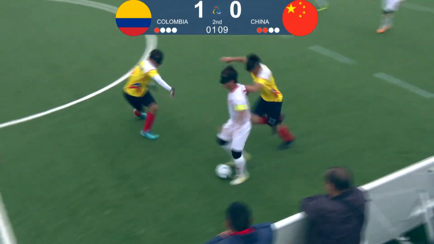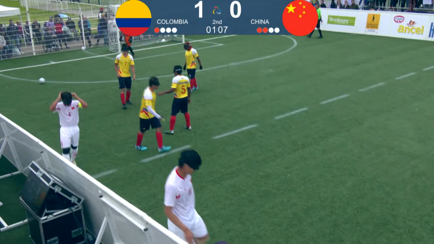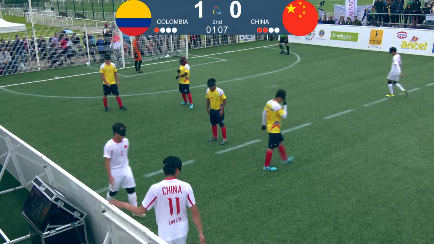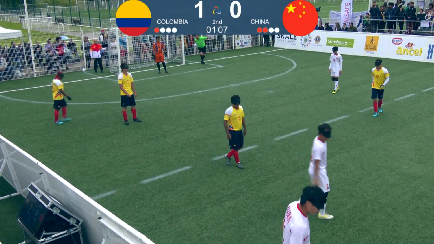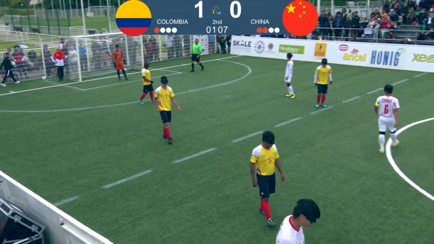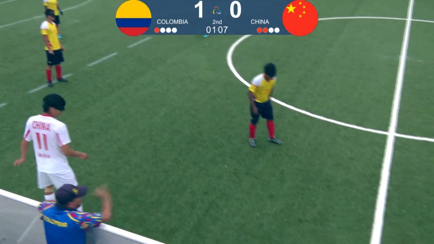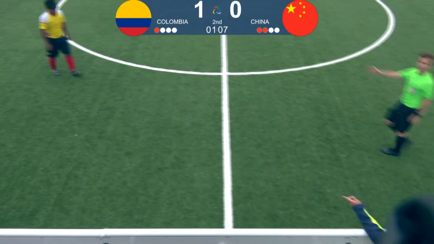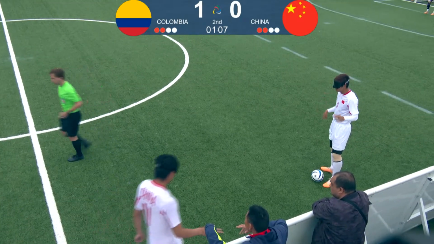The ball now still by Zhang. He's in zone A but stopped, and it will be a foul against Colombia in zone D. 1 minute and 7 seconds left. Then in the center stage, still the middle zone of the field, it will be kicked by Meng Liu, number 3, the